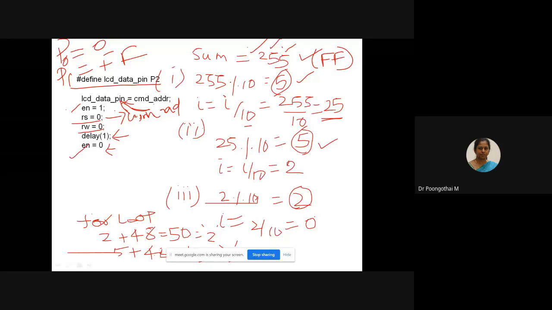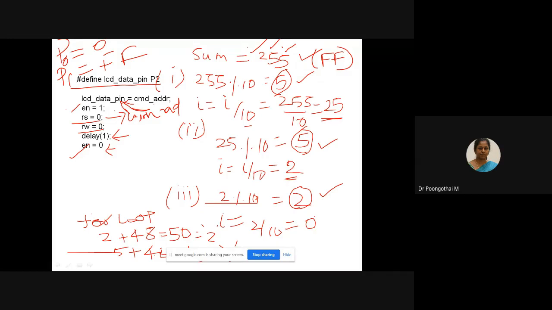Then the mid digit will be separated. Again I am dividing by 10, which gives 2. So this 2 is taken for the next iteration, and 2 modulus 10 is 2. Now I have the digits separately: 2, 5, 5. According to your LCD programming logic, you have to convert each individual number into an ASCII character.